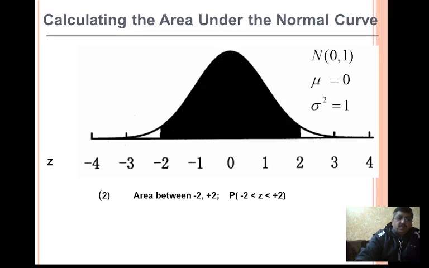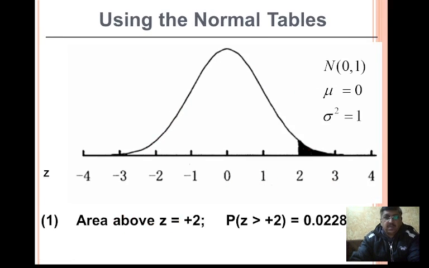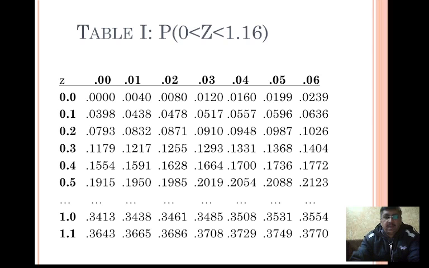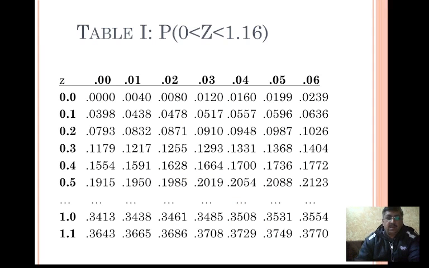So we'll start with the initial calculation. Let me take this example now. Example number 1: probability of z between 0 and 1. To understand this, let's move to the normal table again, right? Which one, this one or this? Okay, let me take this one, because if you are interested in 0 to 1, this will also work, right? So here, as I told you, these are the values.